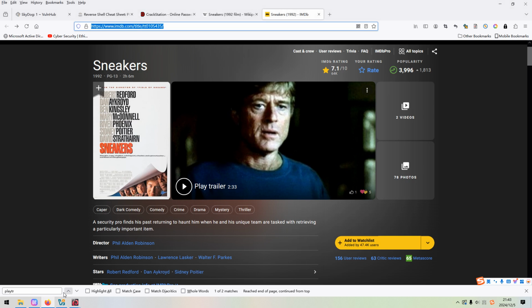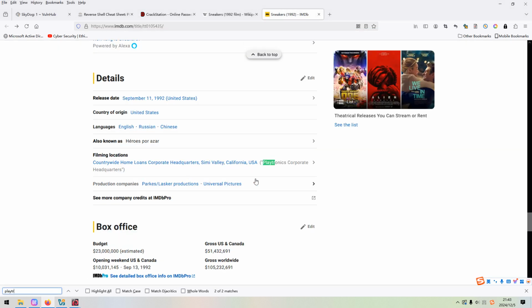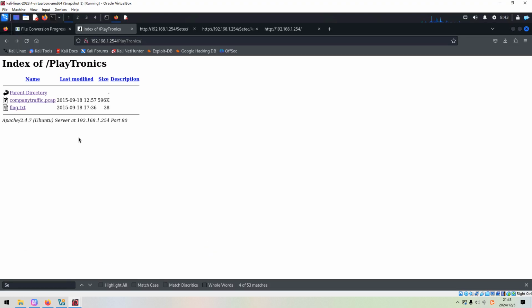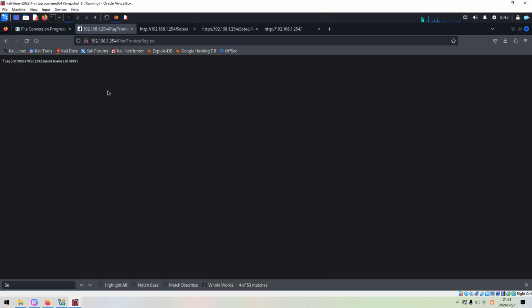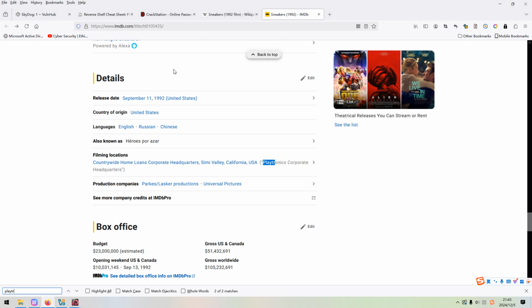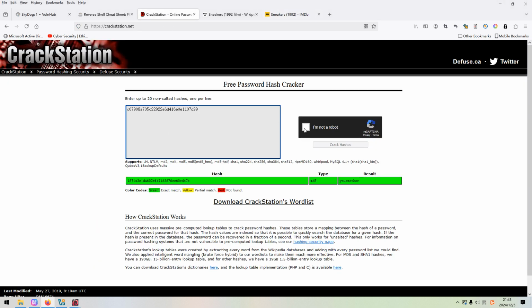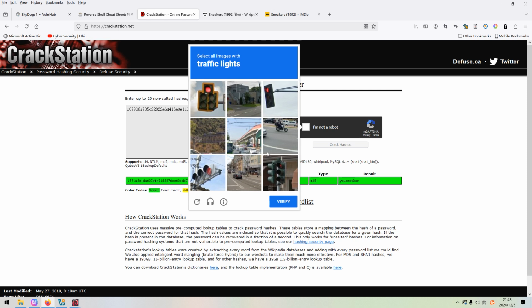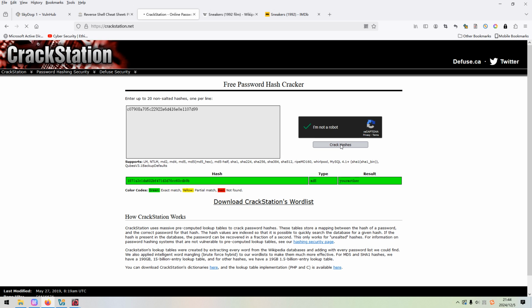The page here, as you can see over here, no uppercase T. Okay. So anyway, we found the flag, and we can copy, paste over here. So this would be the fourth flag. We can copy and use CrackStation to crack it. Oh, traffic lights. Very boring. So we can get the result.